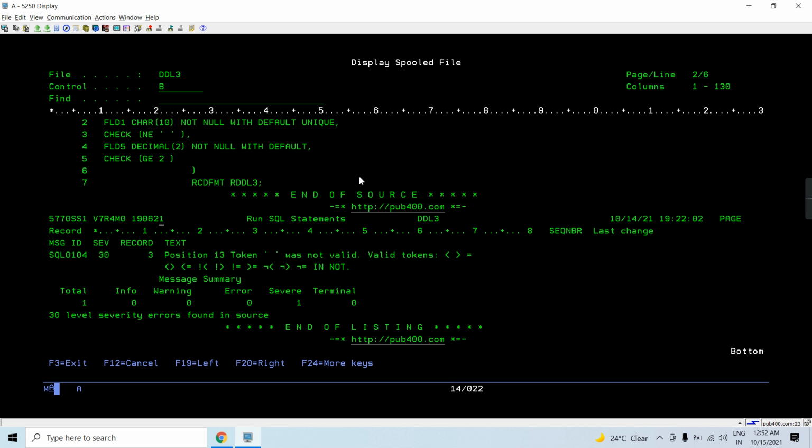Record 3, position 13, token blank was not valid. Valid tokens are this.